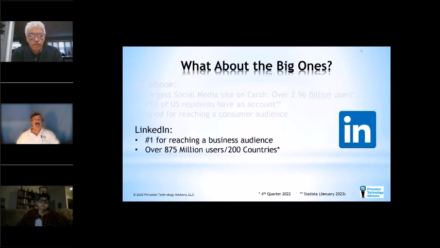Another big one is LinkedIn. They tend to be really a B2B audience. And as of the end of the year, over 875 million users in 200 countries. You can publish chunks of your book and content there as well. LinkedIn has similar groups to Facebook that you can join. So go look for groups that are in your area of interest, your topical area that you're promoting. And you post in there, and like Facebook, you could direct them to your website or to your Amazon Author Central page. You could do that as well.